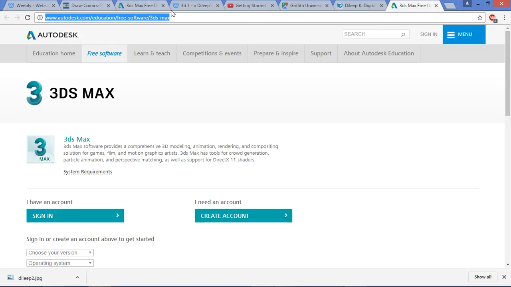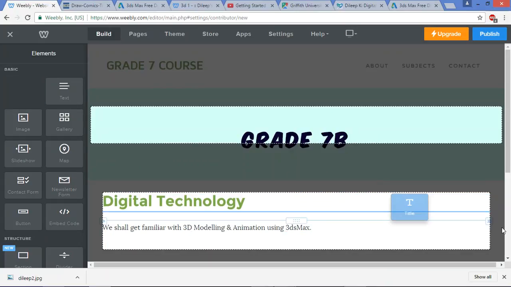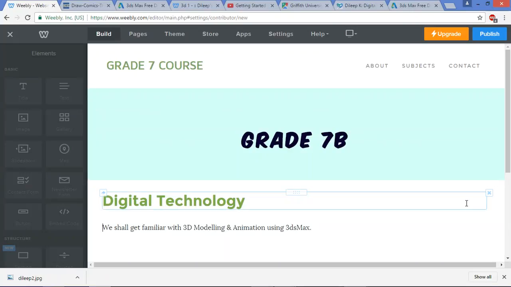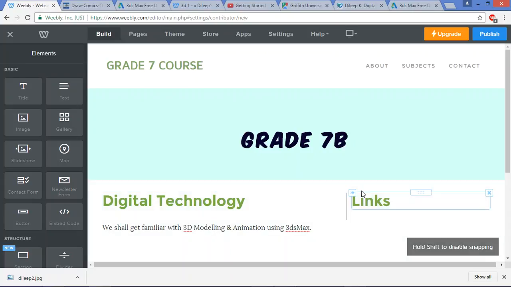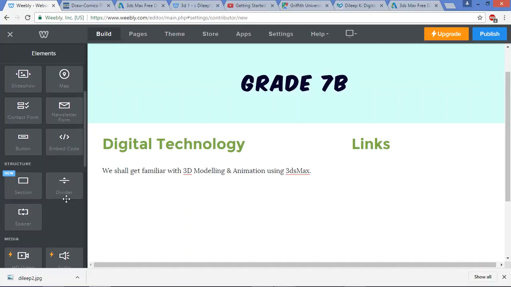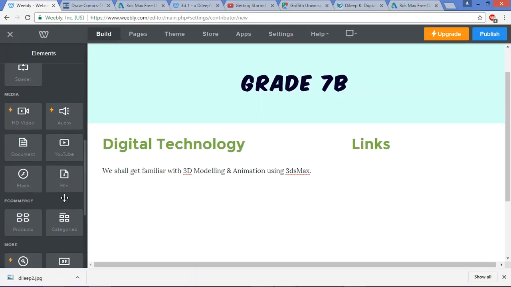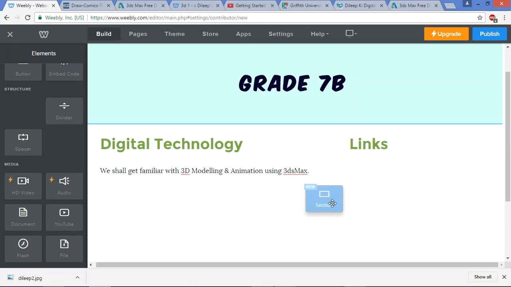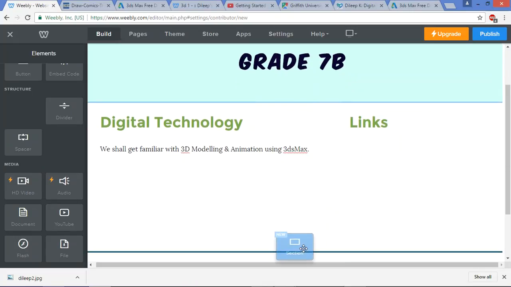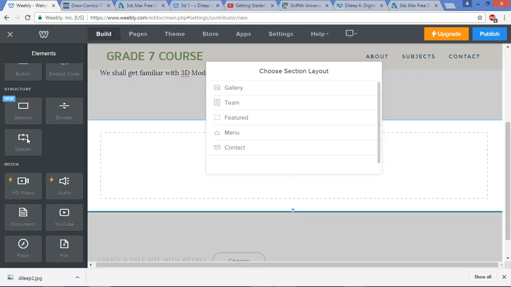I can do something clever like I can come here and say, actually, let me do something else. Let me put another heading on this side. I'll call it links. Make this a smaller one. And the new version had some color boxes. I can put something like a segment, like a section. Yeah, let me put a section, because a section can be colored. So I just dragged this section,